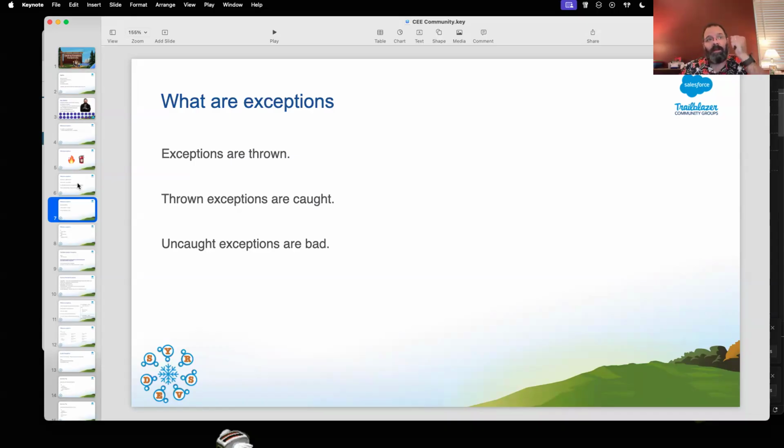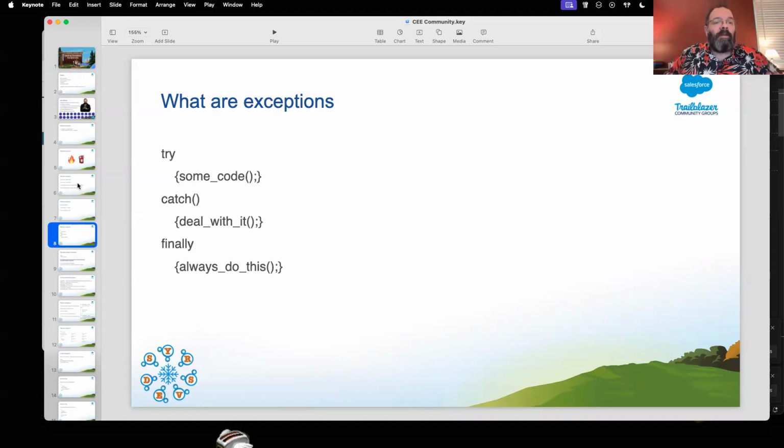That means you're dealing with it. If you don't catch the exception and it falls on the floor, that's bad. And that's when you get your programs to crash out. That's when you see those error messages that say uncaught exception. That's what it means. It means, hey, something went wrong and you didn't fix it, or you didn't deal with this scenario. So now we're just going to crash out and everything dies.